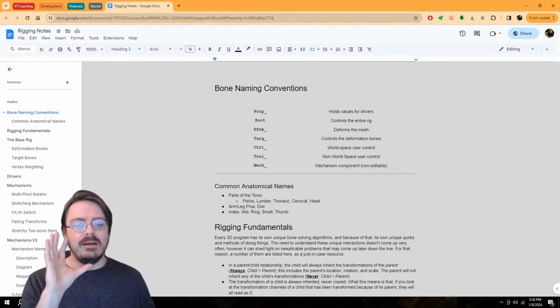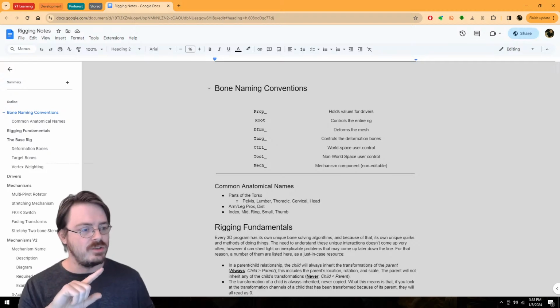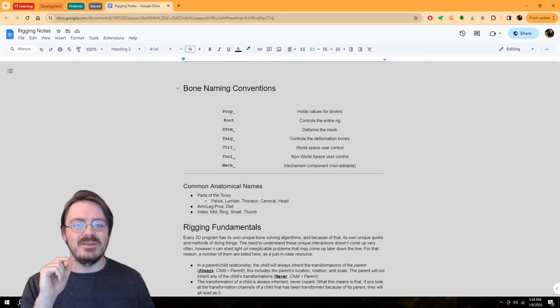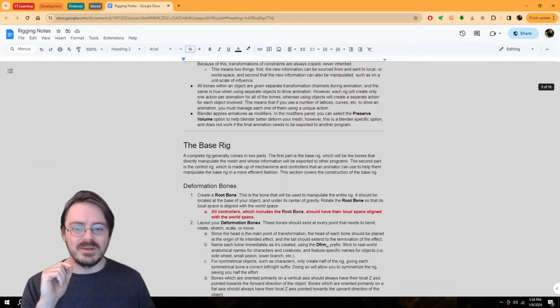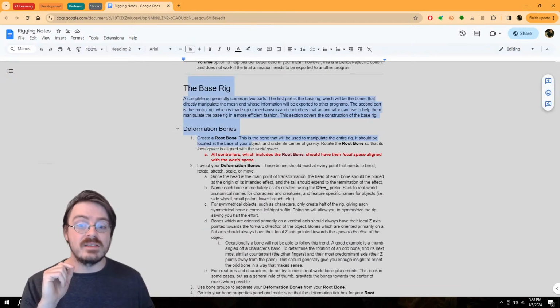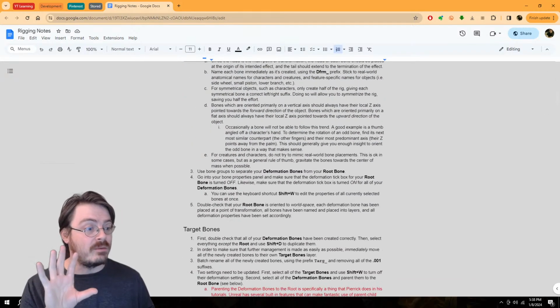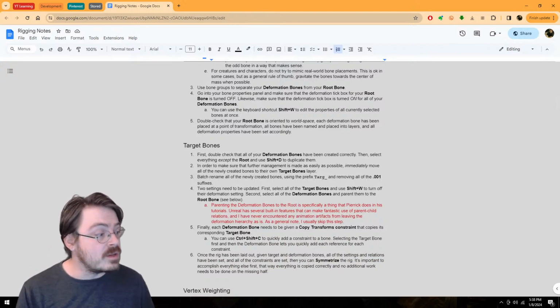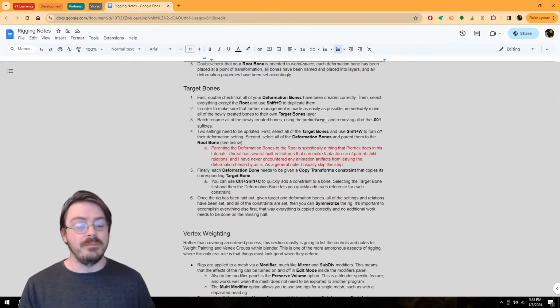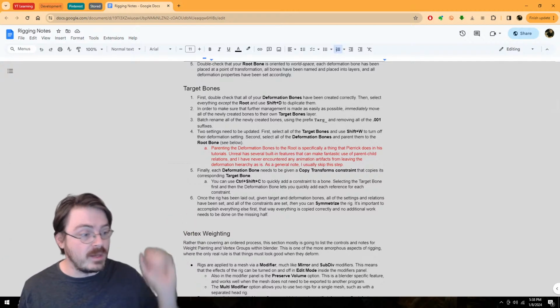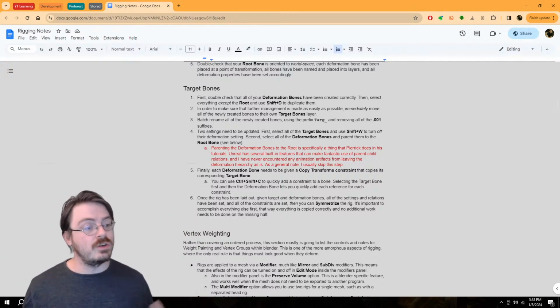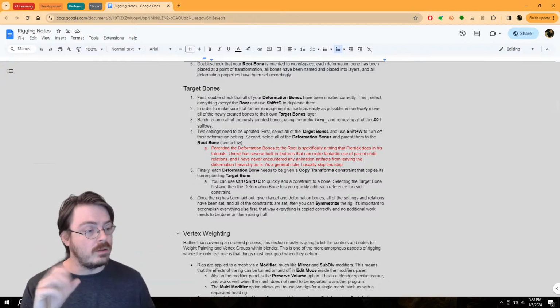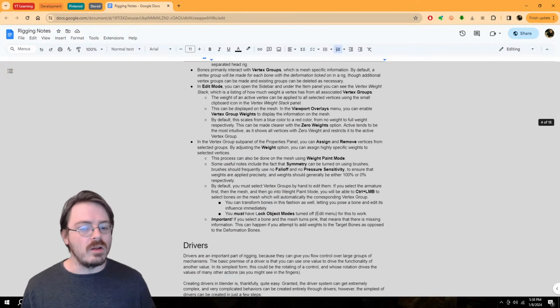But it seems like the last time I touched this document, I was going through and writing all this stuff. This is all fantastic knowledge. I wrote everything down here. I was able to follow this very easily. You could rig anything with this information, whether it be a human or a creature, or if you need to rig a car or a wagon or something non-humanoid. All of this is good.